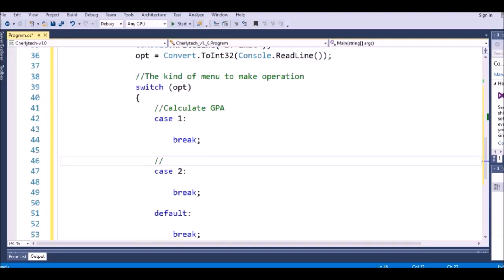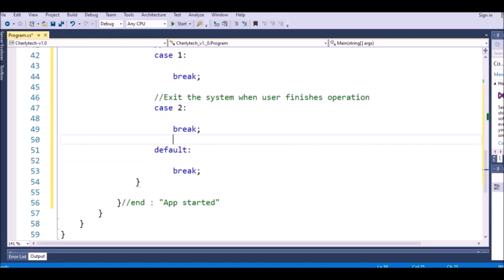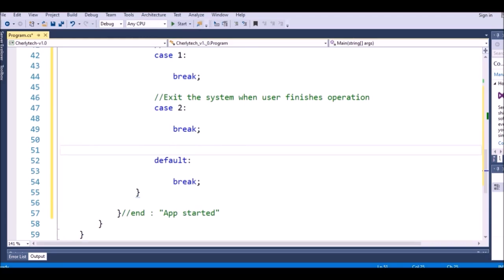So in here I will write exit the system when the user finishes the operation. And for the default,